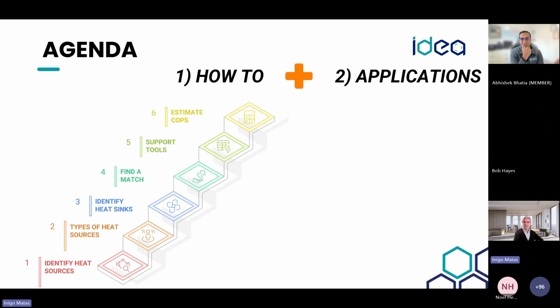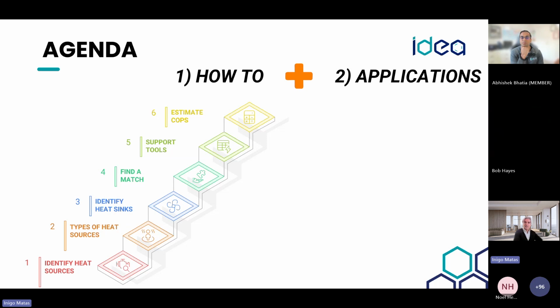Before we dive into each of the sections, I would like to set up a bit of the context. Heat pumps in the process industries are often discussed as a single technology, but in reality, success depends entirely on how well we understand the process itself. We need to identify the right heat sources and sinks, map temperature profiles, and understand when heat is actually available. These are all crucial steps. A good integration is rarely a utility exercise, as some people think when we speak at the beginning of a conversation about heat pumps. It starts with process knowledge and a clear understanding of how energy flows through a site.